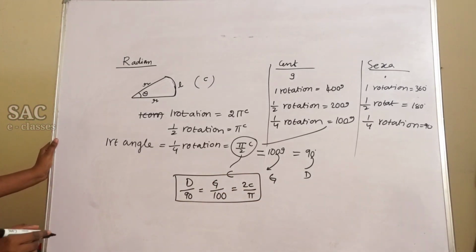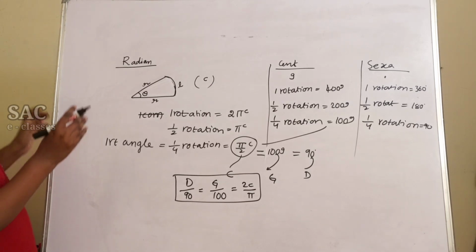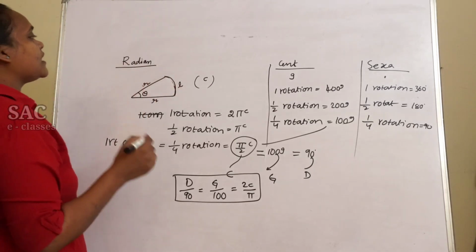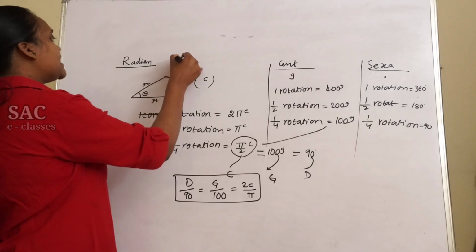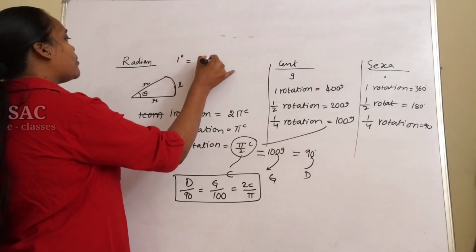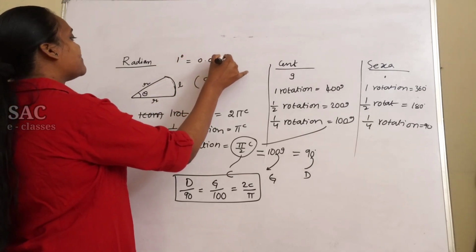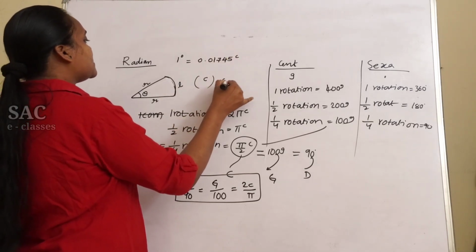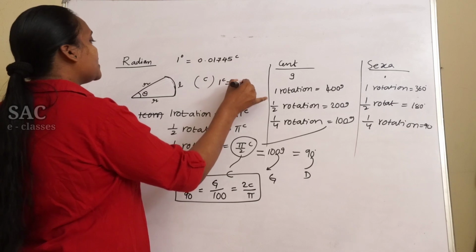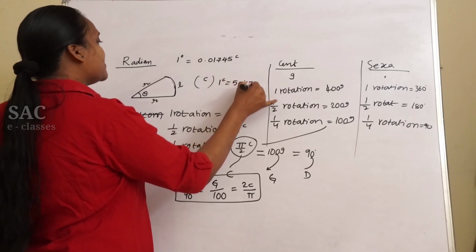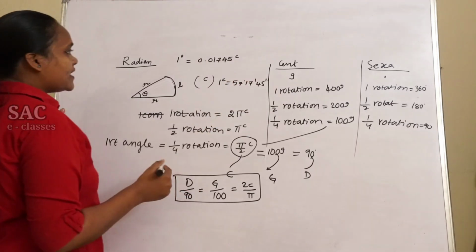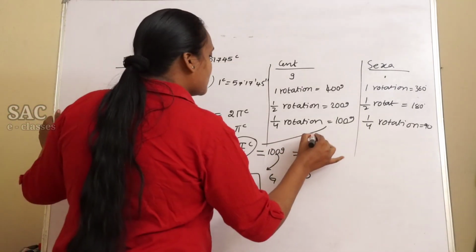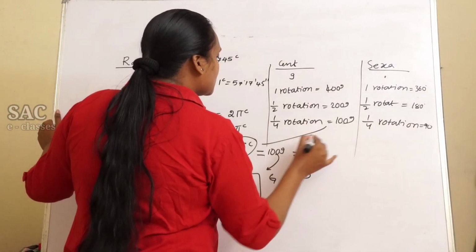Then, especially, the relationship between radian and degree is each degree is equal to 0.01745 radian, where 1 radian is equal to 57 degrees 17 minutes